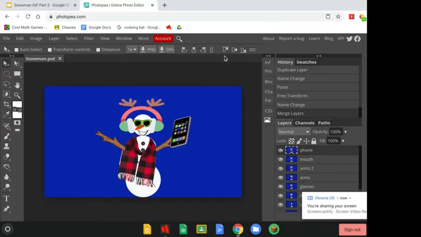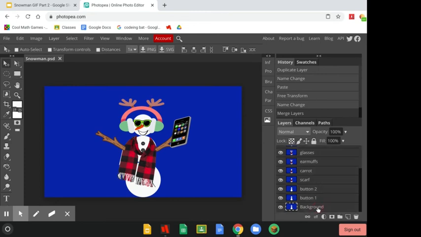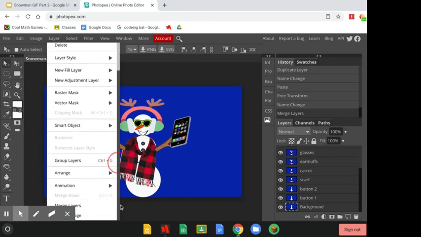So in Photopea, we're going to select all of your layers by starting with the top layer. So click the top layer and scroll to the bottom. And while holding the Shift key, select the bottom layer. You'll know they are all selected when they all look dark gray. Now at the top of the screen, find the Layer tab, click on Layer, and then scroll down until you see Animation. When you see Animation, you're going to click Make